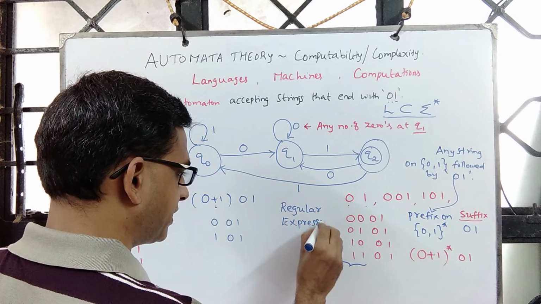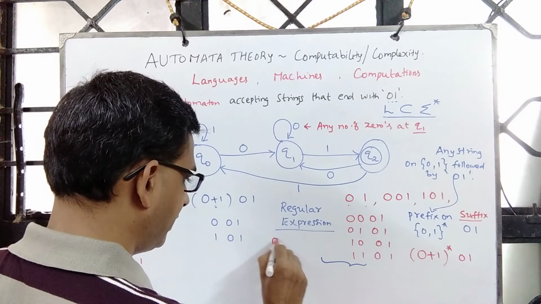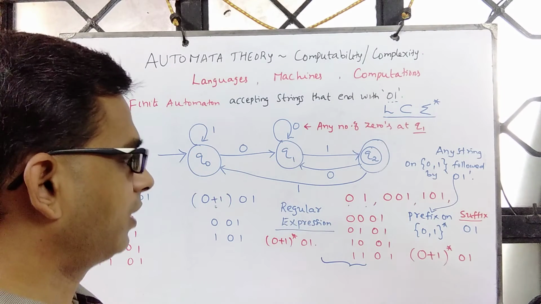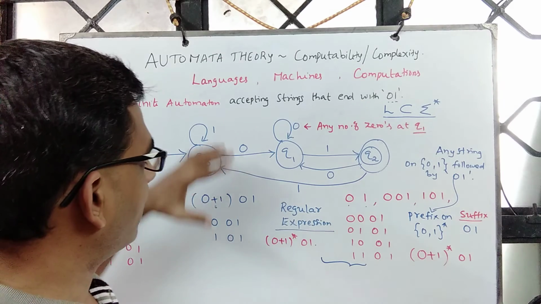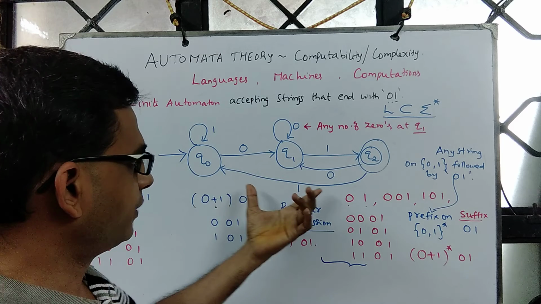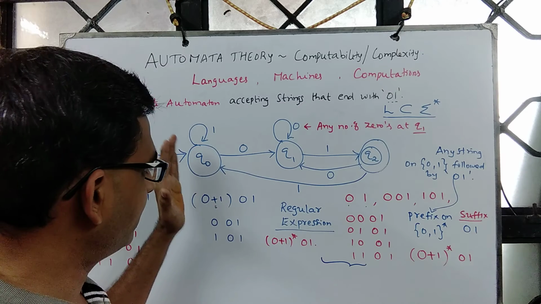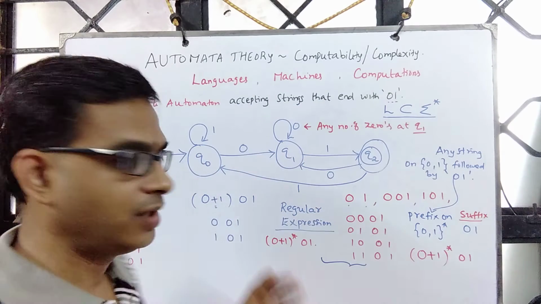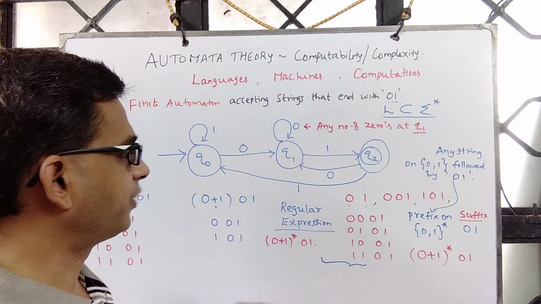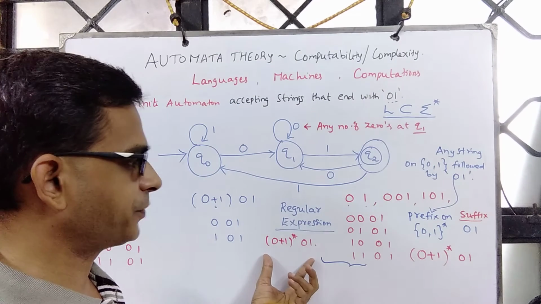So the regular expression corresponding to this language is precisely (0+1)* 0 1. Now, given a language like this, one can express it using a finite automaton. This is called a transition diagram. It describes the transition from one state to another state on reading a character from the input. You can also describe the language using the regular expression.